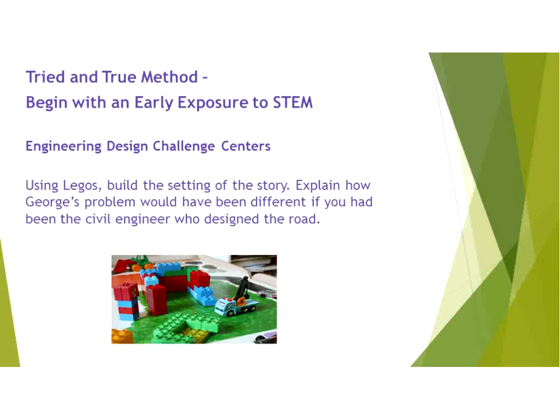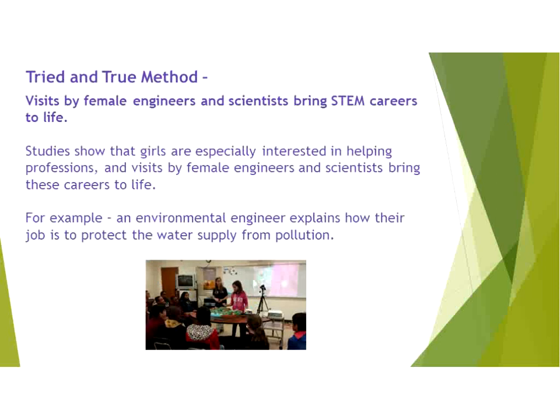So in this instance, they read a story about Curious George and the Man with the Yellow Hat. He got into a lot of trouble and there were a lot of problems because the road was being repaired and it was closed down, and adventures happened in Curious George. So the kids read the story and then they were given the Legos and said, if you're a civil engineer and you're designing this road, how could you have designed it so that it wouldn't disrupt traffic and cause these problems? So it's even starting from that very young age.